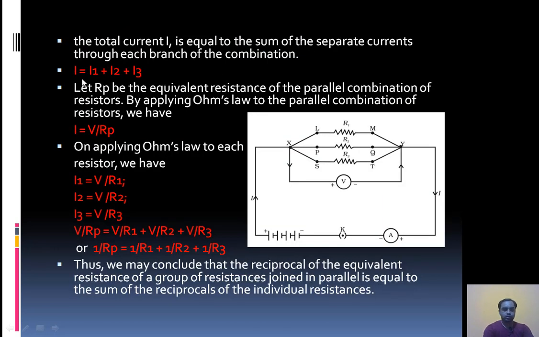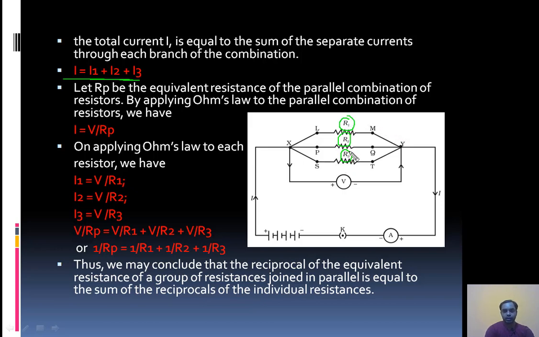Now here, I equal to I1 plus I2 plus I3. Okay. So if we add another resistor here, it will be again I4. So let Rp be the equivalent resistance of the parallel combination of the resistors. Suppose these three resistors can be replaced by one single resistor, as we did in the series